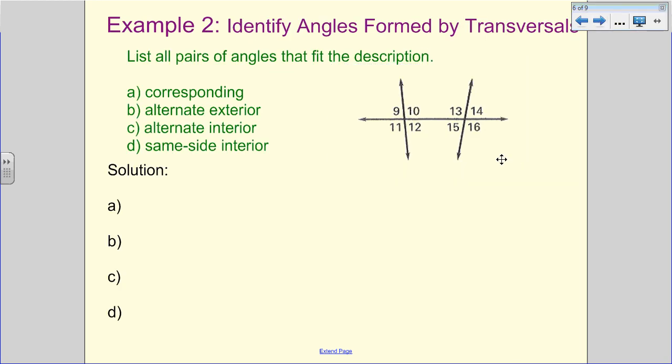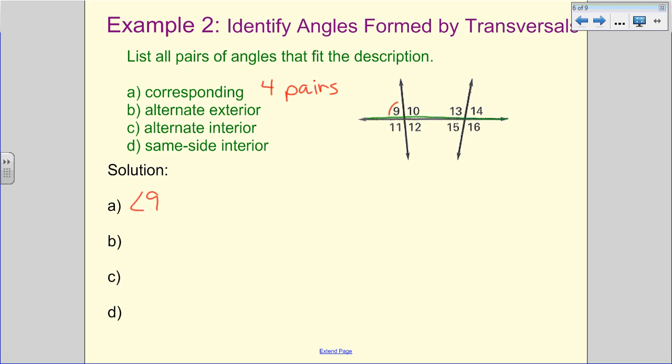All right, so now what I'm going to do is list all pairs of angles that fit the description. Now remember before on the previous problem I said, okay, there's lots of corresponding angles. So basically I pick one and I work my way through. I should have 4 pairs here. All right, so I'm going to start, I read from left to right. So I'm going to look at angle 9. So angle 9 is on,